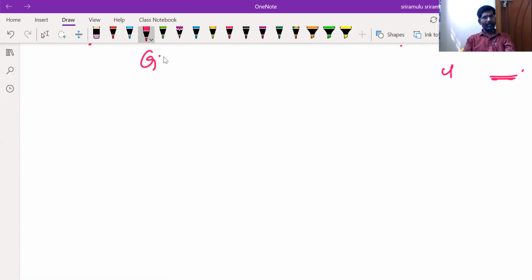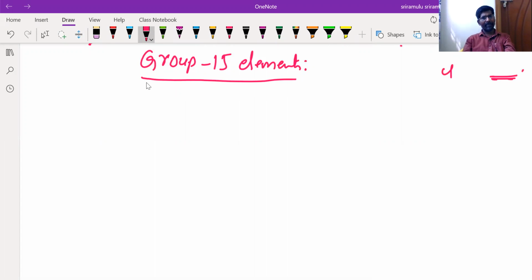So this is our chapter, group 15 elements. Okay, students, group 15 elements. Now this group, the 15th A group elements, consists of these elements: nitrogen, phosphorus,